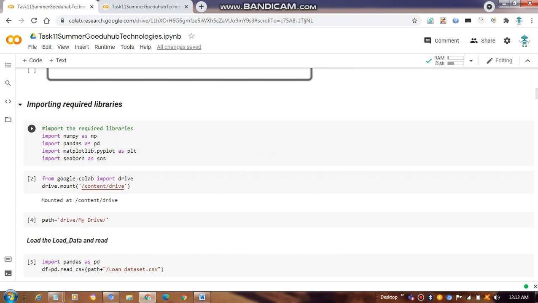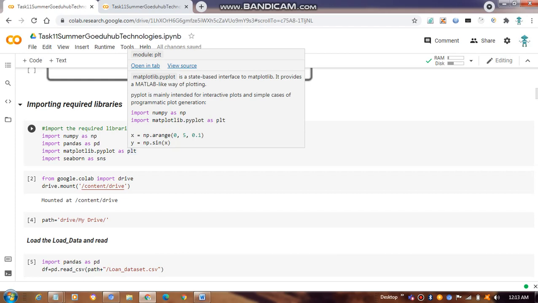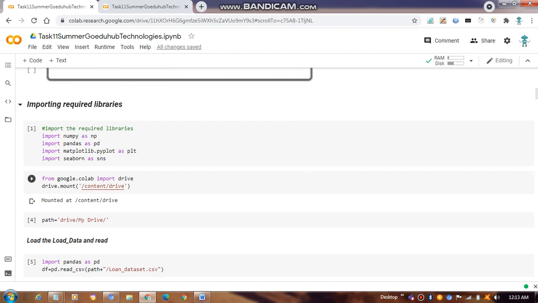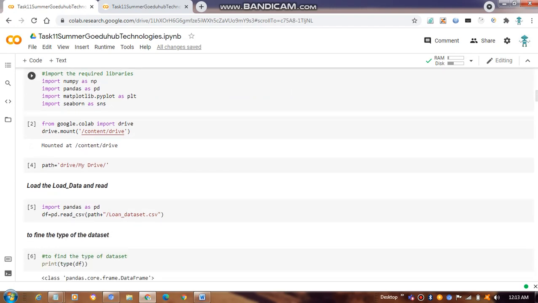And numpy is for arrays and multiplication. Matplotlib is used for visualization of data sets; pyplot provides interactive plots in a simple, programmatic way. And seaborn is also a visualization library used for plotting. After that we imported